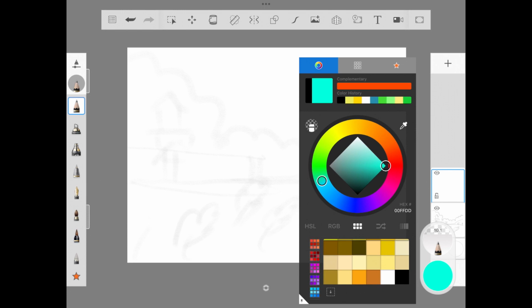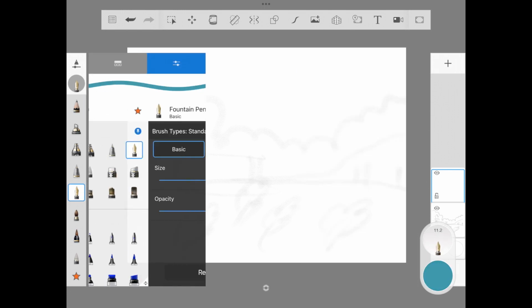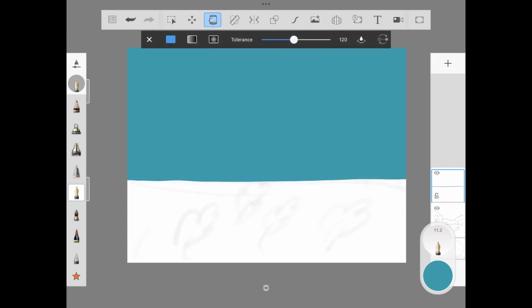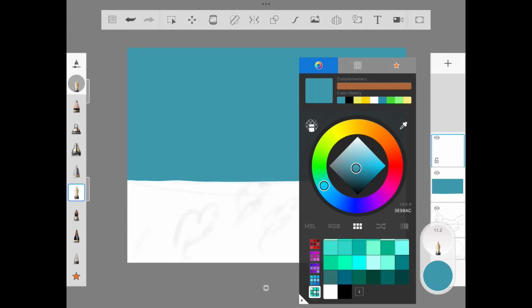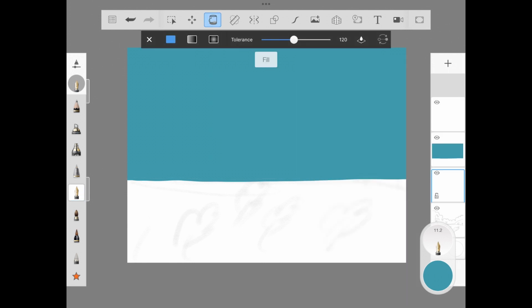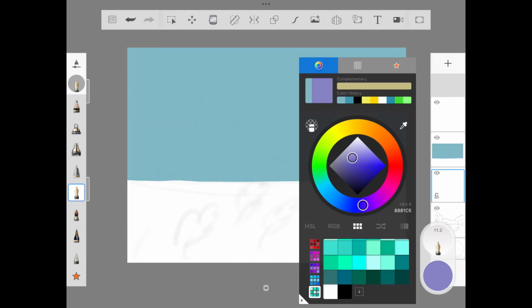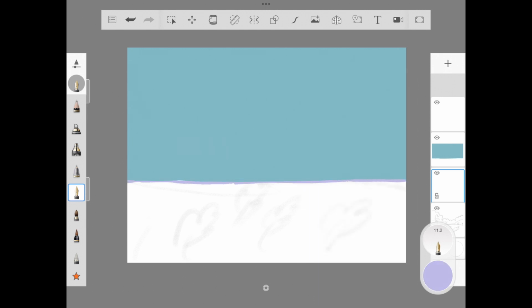Today we'll be using four main brushes. One is fountain pen, technical pen, and two more. So just make sure you follow the entire tutorial to understand it. It is much easier. As you can see, we have already added the sky. We're just adjusting the color of the sky, so make sure it's up to your desire. You can make it darker, lighter, or if you want to have the exact same image, you can follow the same